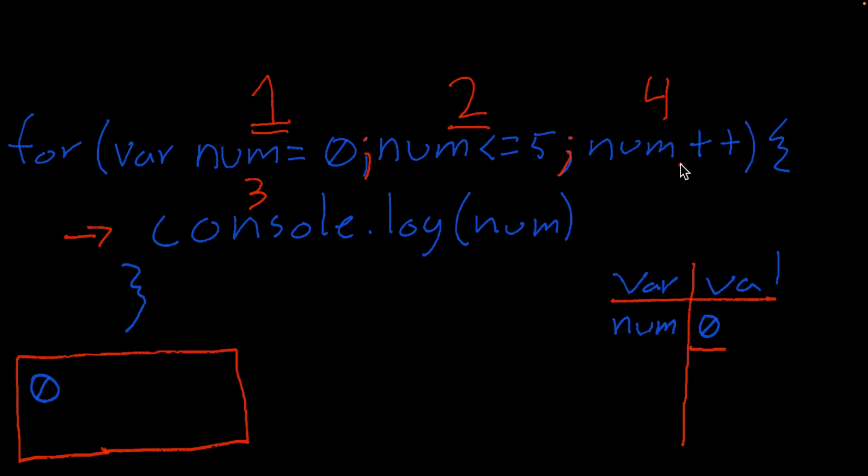Why is the program skipping num plus plus and going to console first? That's just the way it does it. So I'm just giving you the order so that you can recognize the order. It would seem intuitive, right, to go 1, 2, 3, 4 in the bottom, but it really is this way. 1, then 2, and then you enter. As long as this is true. If this is true here,